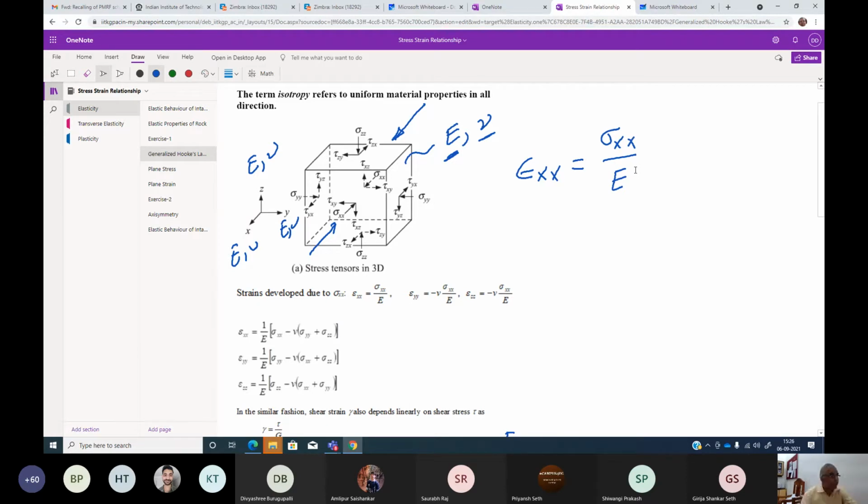But you see, there is a sigma yy acting in this direction. So if sigma yy acts in this direction, what will happen to epsilon xx? According to Poisson's effect, we will say this will be